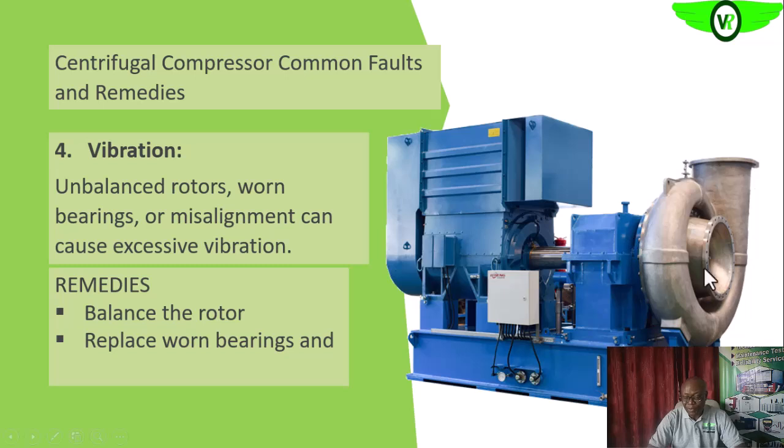Then if it is a problem with the impeller, okay, we'll see some increased vibration activity around the vane pass frequency of the impeller itself. Okay, so all of those will give us an indication as to the reason why we